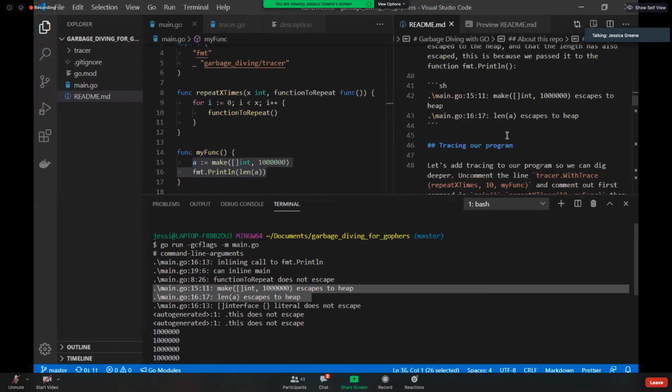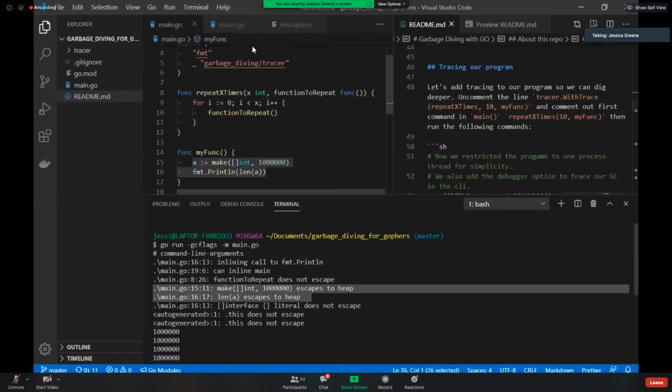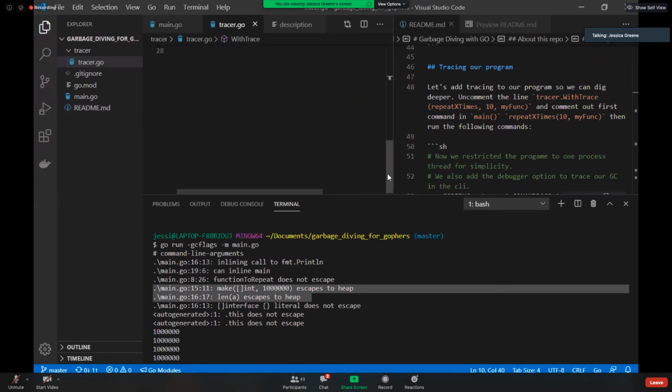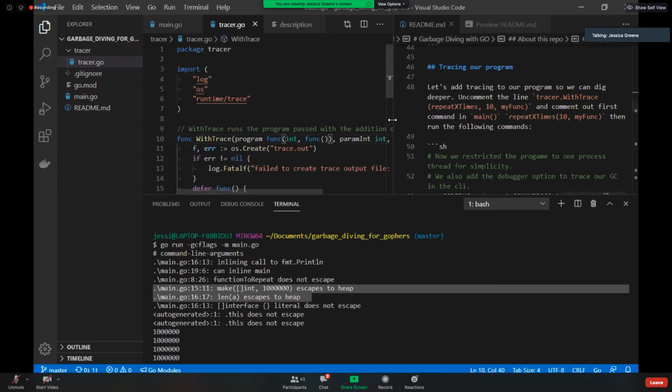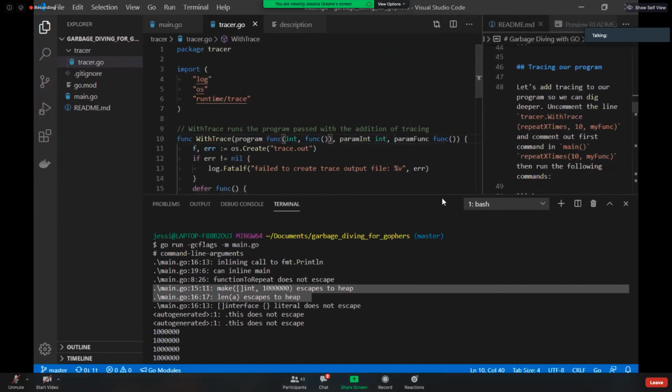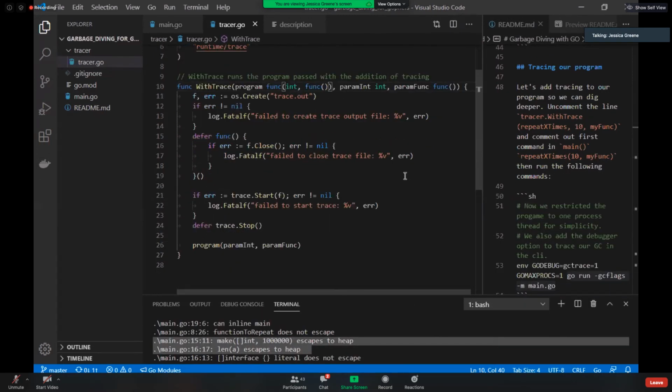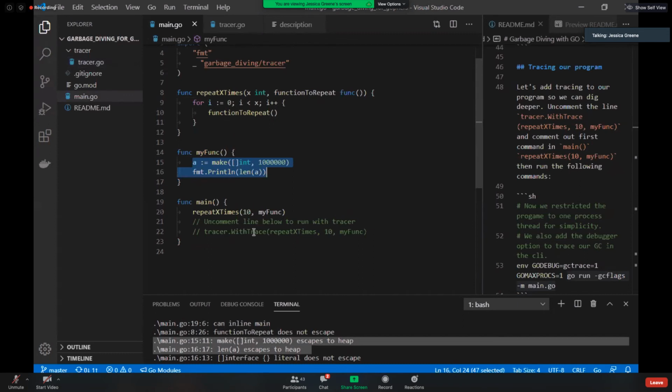What we're going to add next is tracing. So I've added this in a second package in here, just to keep the main package a little bit more clean. Let me just make this a little bit larger for you all. This is essentially taking the example from the docs. I've learned a lot in programming, it's good to check the docs. And this is their example. So essentially all this is going to add is it's going to run our program from main.go, but add tracing to it. So I will just swap around which one is running.